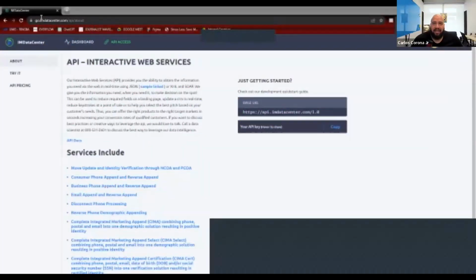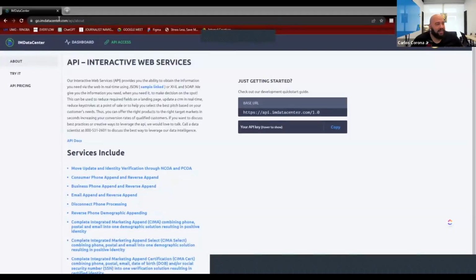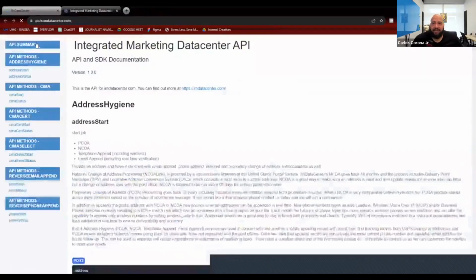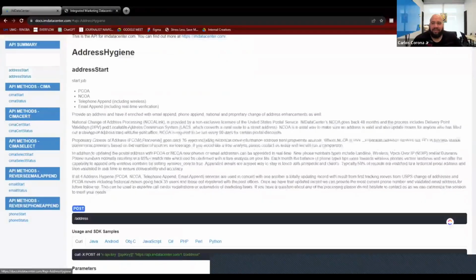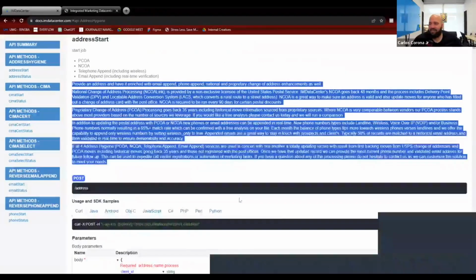Called IMDataCenter.com. This is the one that we use, and you can do a whole bunch of stuff here. You can do what they call API hygiene, just to make sure that the record is clean, and it tells you everything that it's looking into. And then you can also do